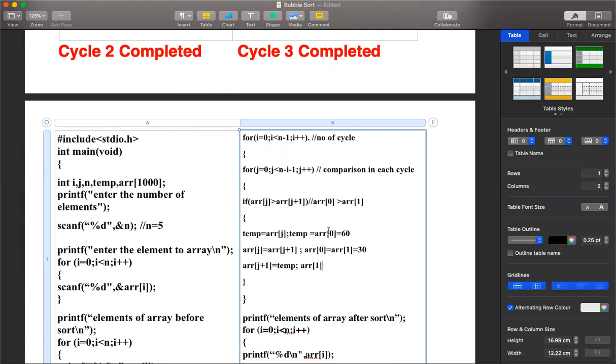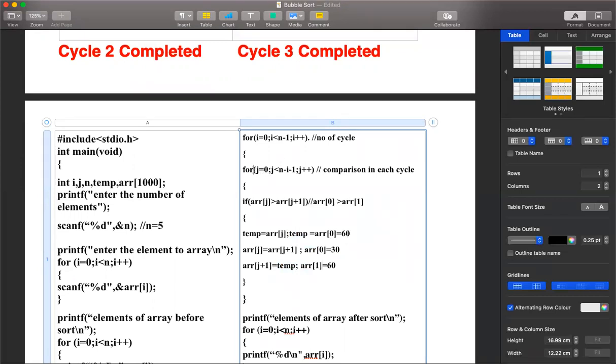Where is 60 now? 60 is stored in the temporary variable, so temp is equal to 60. Now look at this. In array of 0, you copied the value of array of 1, which is 30. In array of 1, we have to copy temp, which is 60. So we just swapped the first two numbers.